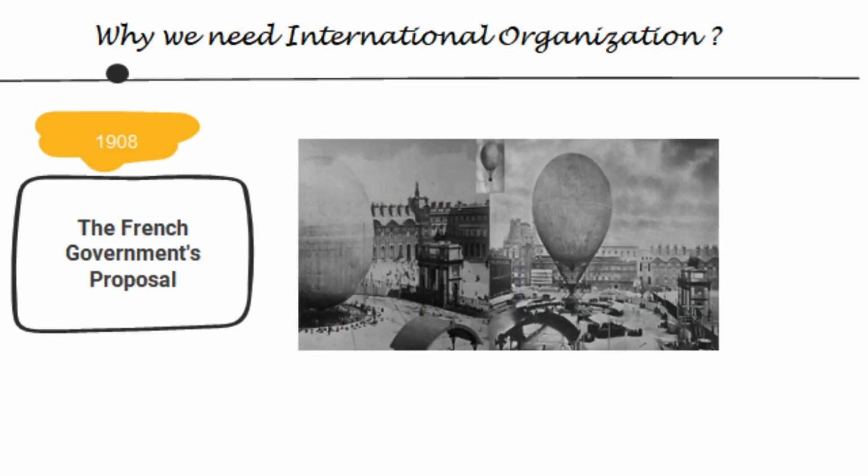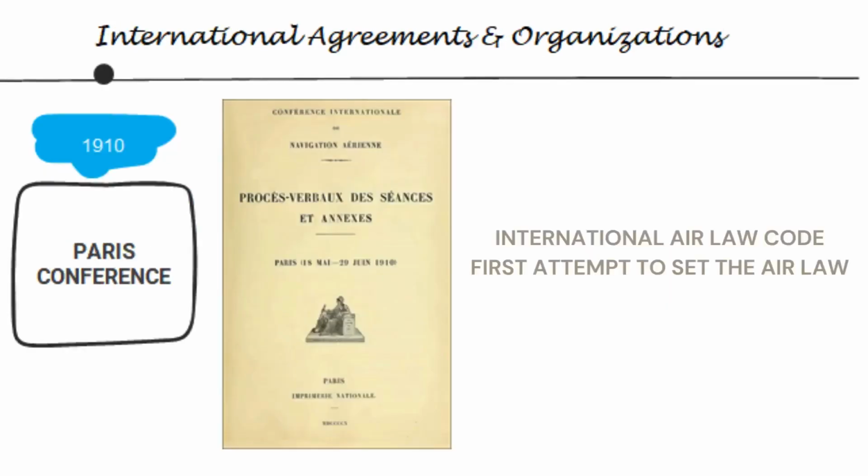To avoid international confrontation and address the issue of unregulated airspace, the French government proposed an international conference. The purpose of this conference was to devise regulatory procedures relating to flights into and over foreign territory. The idea was to create a framework that would prevent such incidents and ensure that air navigation could be conducted safely and without infringing on national sovereignty. As a result, on the invitation of France, the first important conference on an international air law code was convened in Paris in 1910, named International Air Navigation Conference.